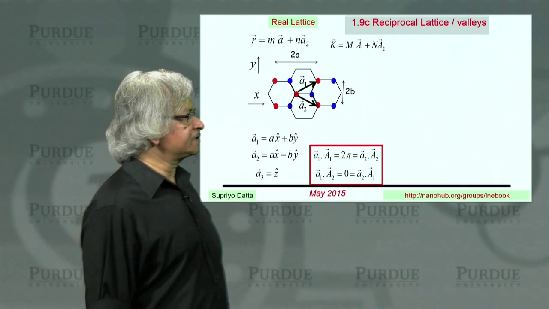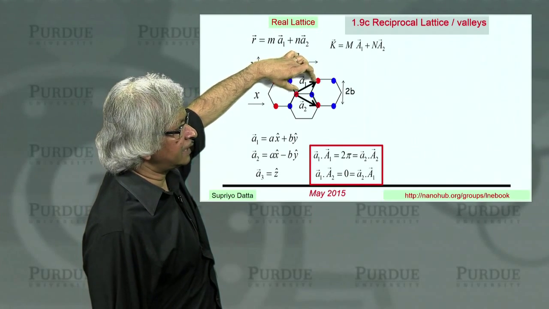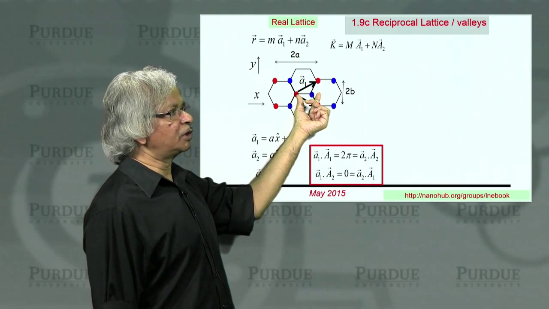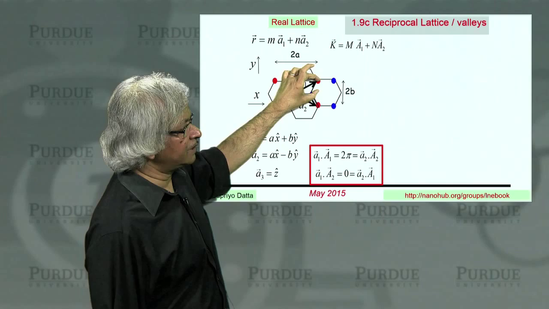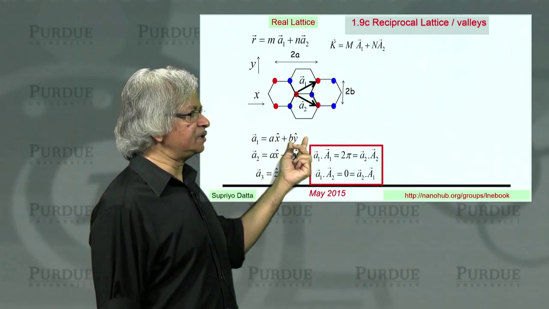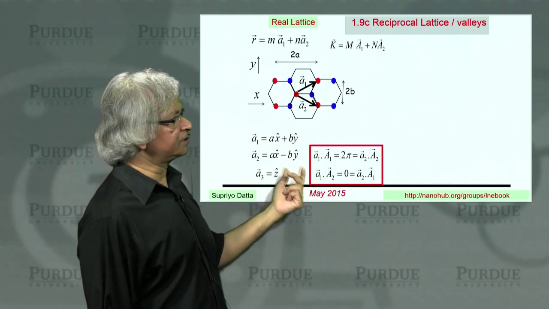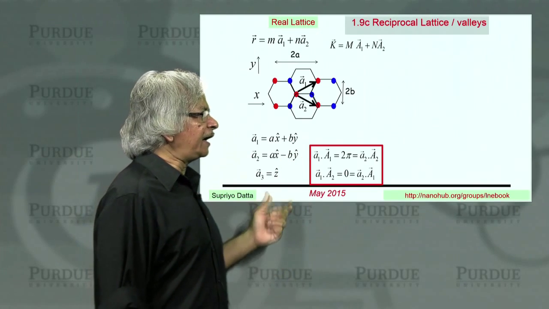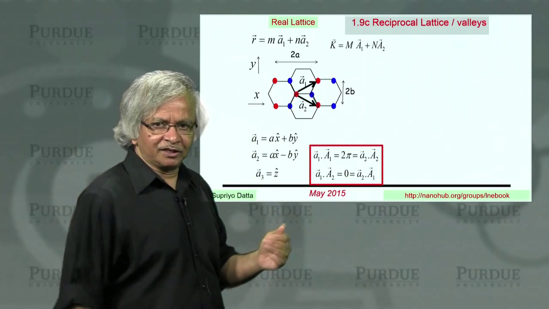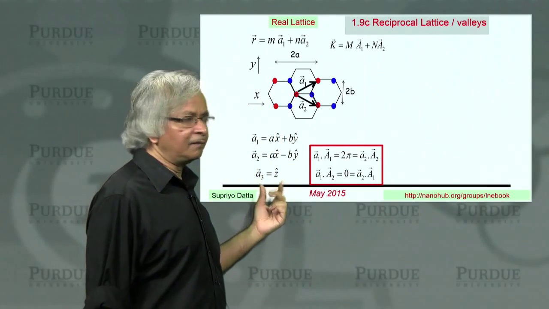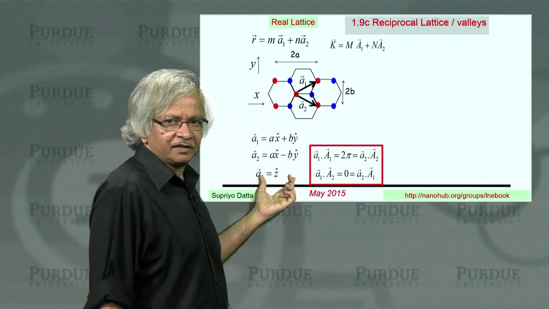Well, next question is, how would you write them down in terms of your X and Y coordinates? Well, the A1 has an X component which is what we had labeled A, half of that distance, and it has a Y component of that much, which is half of this. So you have AX plus BY. A2 is again the same X component, but the negative Y component. So it's AX minus BY. And you'll see in a minute why I'm writing this. For the Z direction, of course, this is a two-dimensional solid, so the Z direction is kind of irrelevant. But let's write down a basis vector in the Z direction as well, which I'll just write as C.